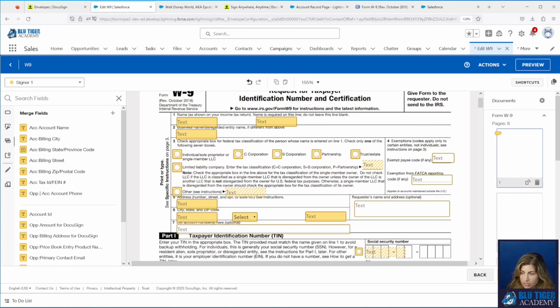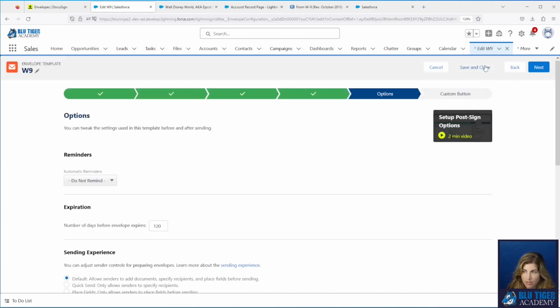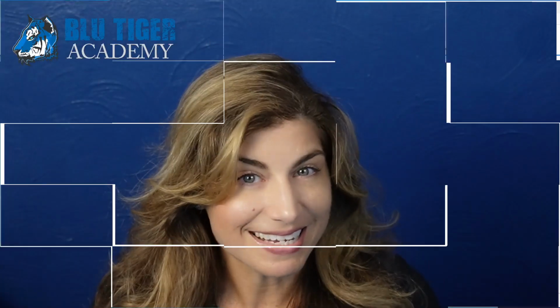And that is all the changes that we wanted to make on this document. We'll save and close it. And save and close here. And then of course you would want to run another round of testing to make sure that those modifications to your zip code did indeed work. That's it. That's a wrap.